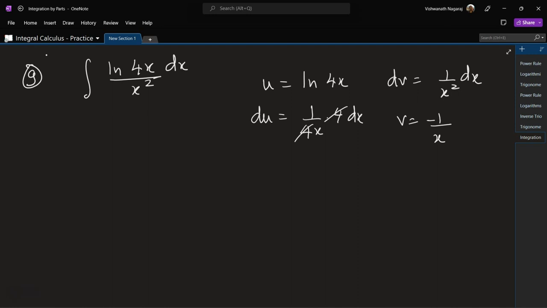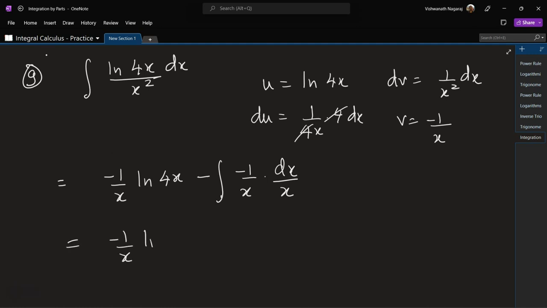Okay, now we have all the parts. So this would be equal to uv, so minus 1 by x natural log of 4x minus integral of v du. So minus 1 by x times du, which is dx by x. Okay, so this becomes minus 1 by x natural log of 4x plus integral of 1 by x square dx, which gives us minus 1 by x natural log of 4x